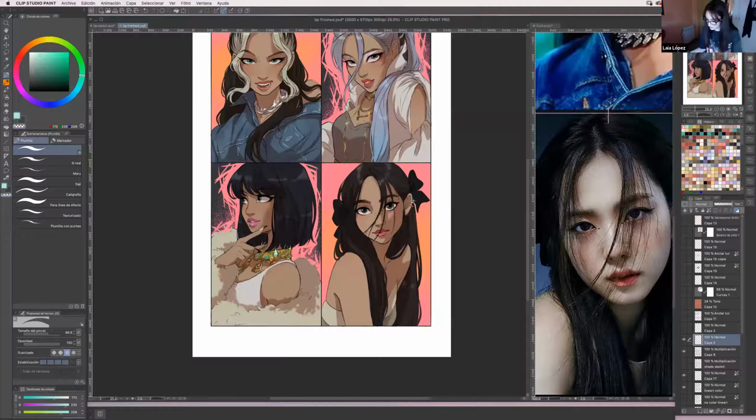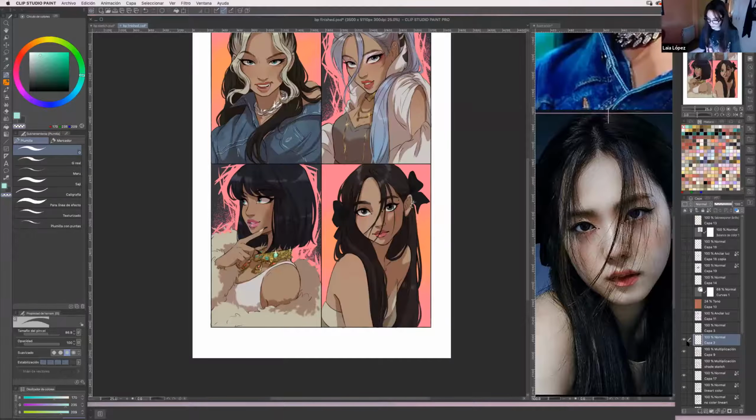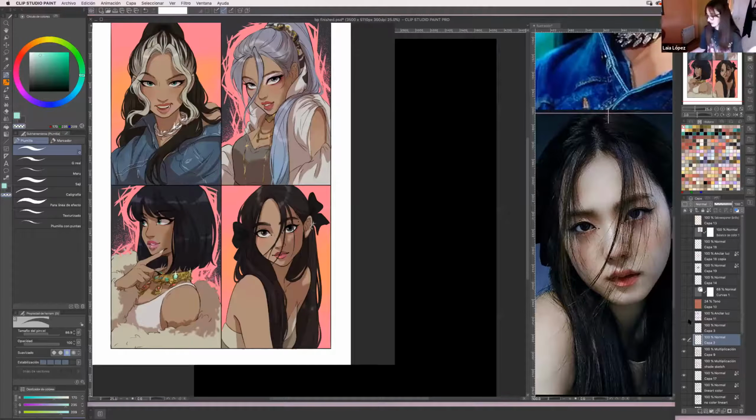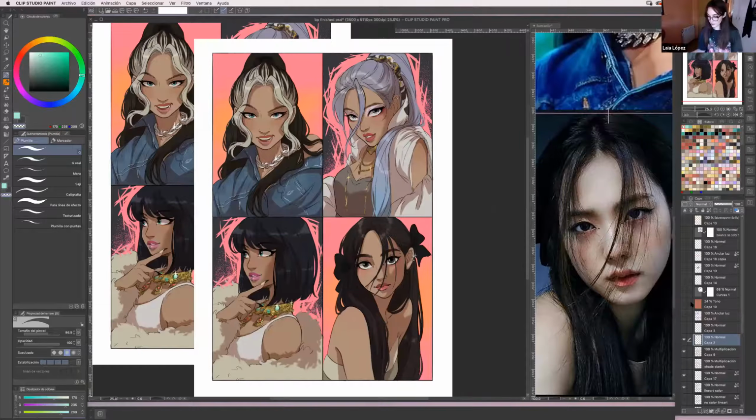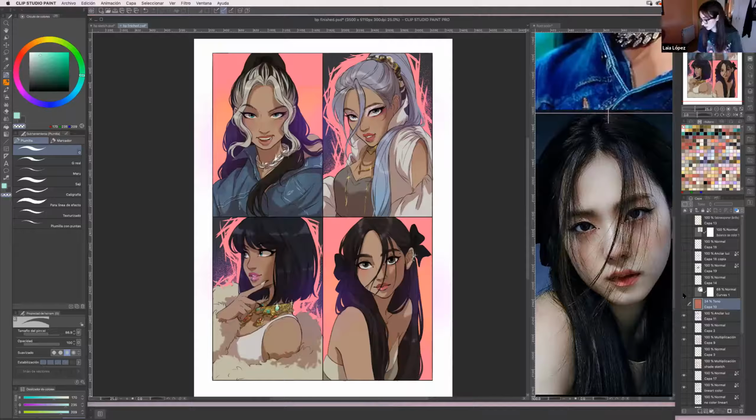And what else? Okay, so this is the detail layer, like I explained. Then we have the purple, foggy, glowy effect layer that I didn't really touch because I already liked how it looked. The change of tonality layer, and oh yeah, I ended up adding a new contrast layer because, maybe it was my computer screen, but when I changed the values a little bit, it looked too light in my opinion.